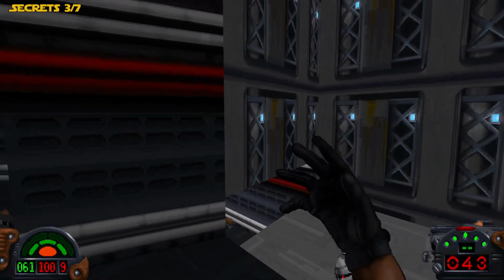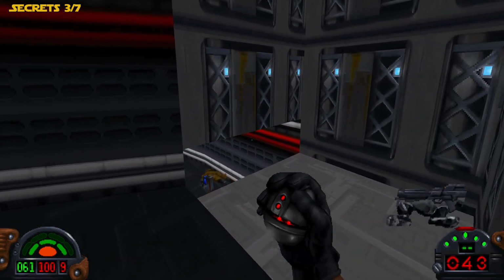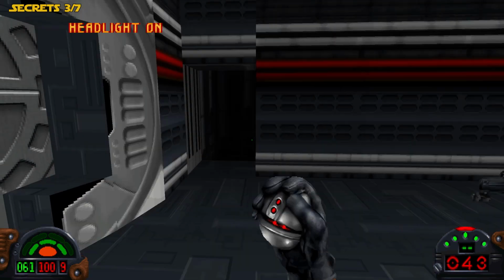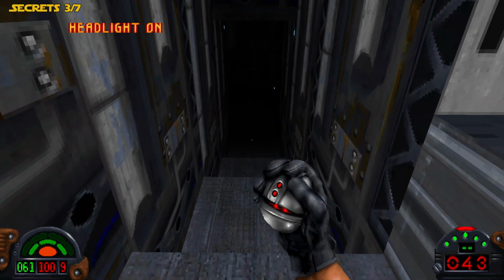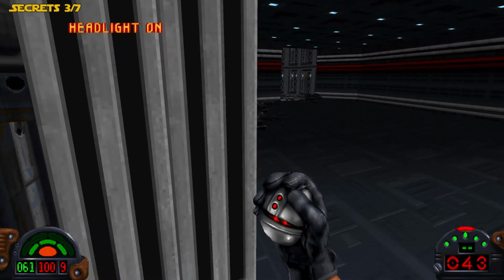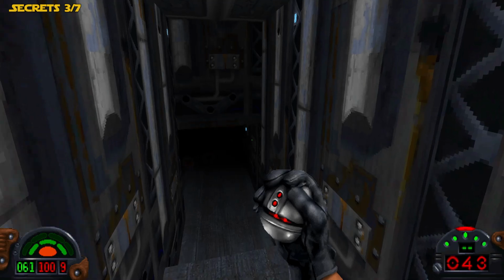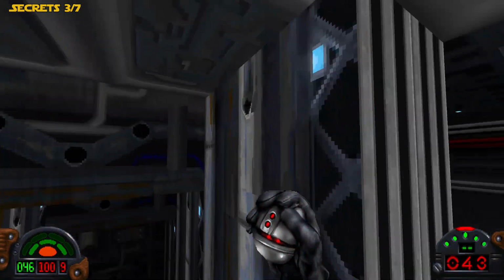Alright, I'm just gonna give him a thermal detonator over there. Alright, does this open? Oh, yeah. There's a hidden wall. This isn't a secret, by the way. Normally, you would access this a different way, but you could access it from the other side, and you could access it from this side as well. All you need to do...